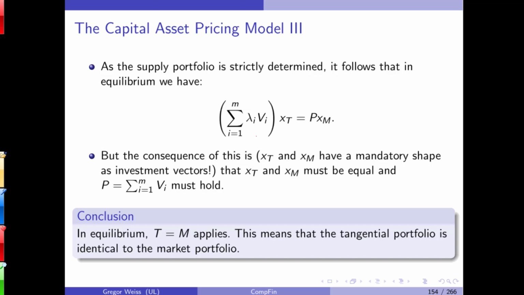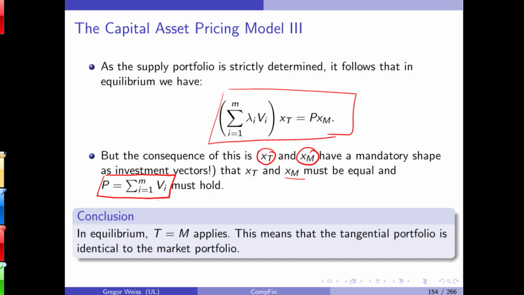The supply vector xm times the market volume. And this gives you the equilibrium. So demand equals supply. And the consequence of this is that xt and xm must have the same shape, must have the same form, so they are identical. xt and xm are identical, and this gives you this, that if you sum up the budgets of all investors,